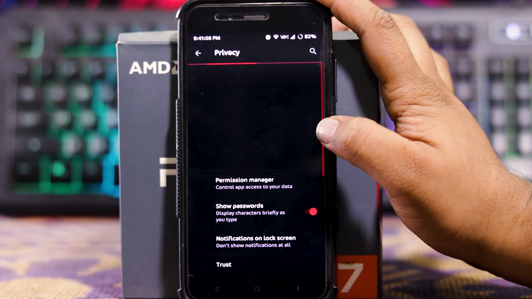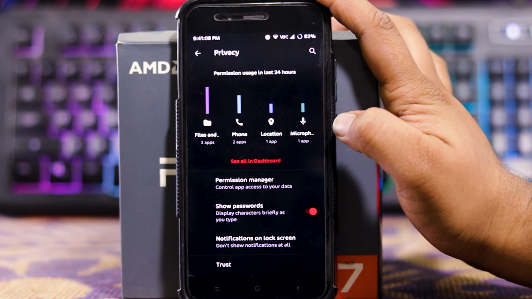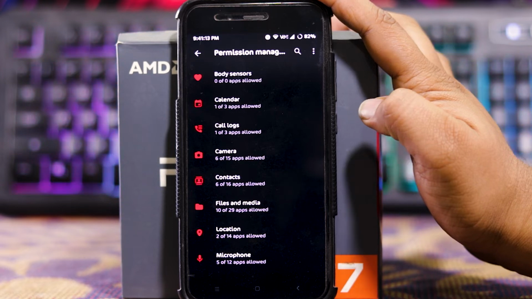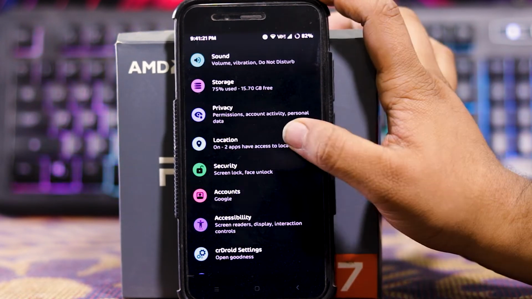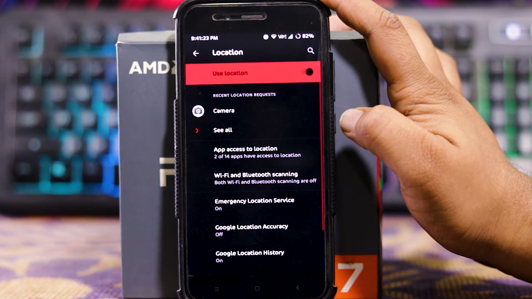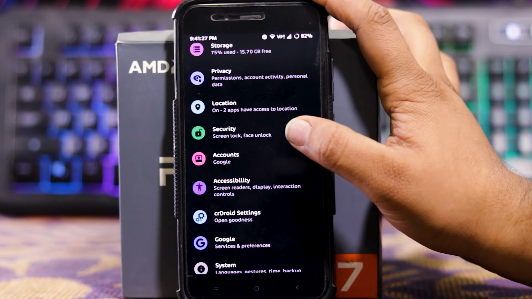Then in privacy, you get Permission Manager. In this you can allow permission for certain apps. Then you get show password, notification on lock screen, etc. Then location, you can allow location for certain apps. Then in security,